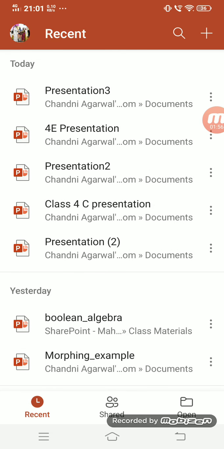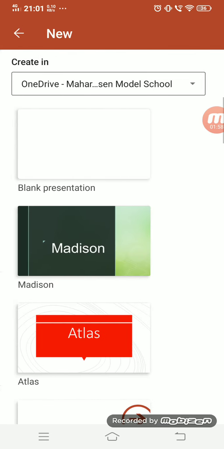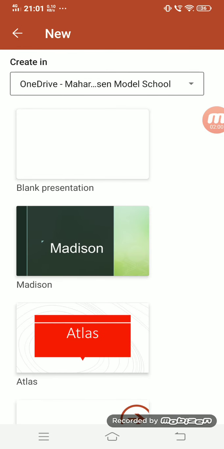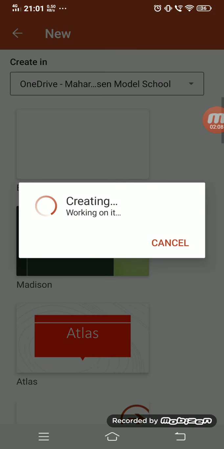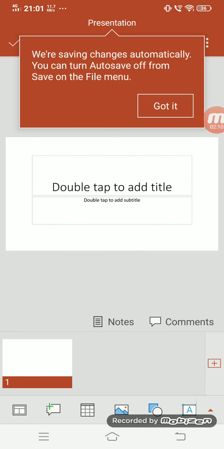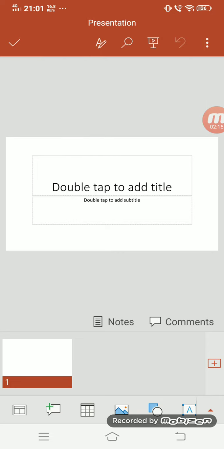And for creating a new presentation, click on plus. When you click on plus, it will open up options to open the presentations. If you want to create a blank presentation, you can click on blank presentation. Then when you have your blank presentation, the very first slide, as it comes in other slide options, it is showing you.